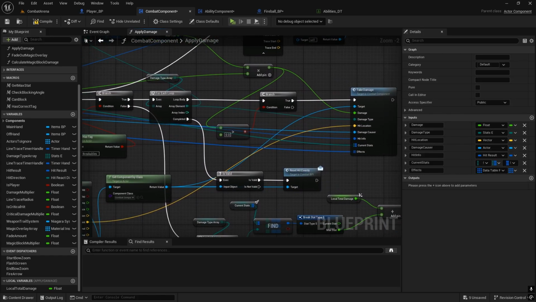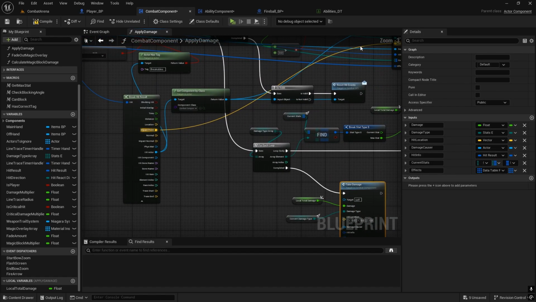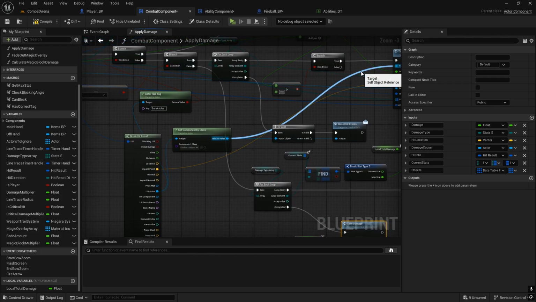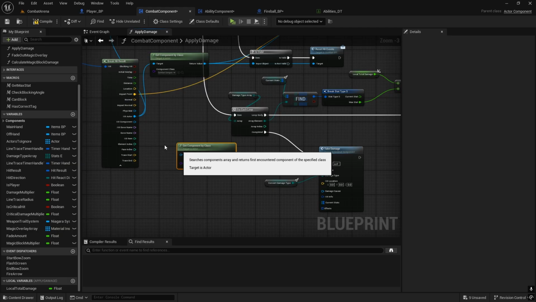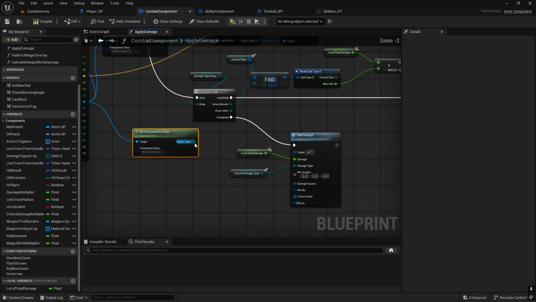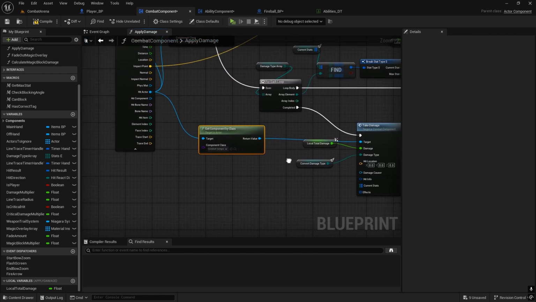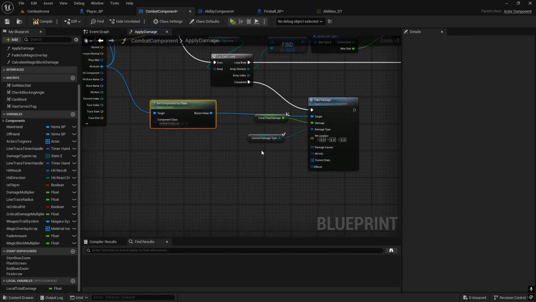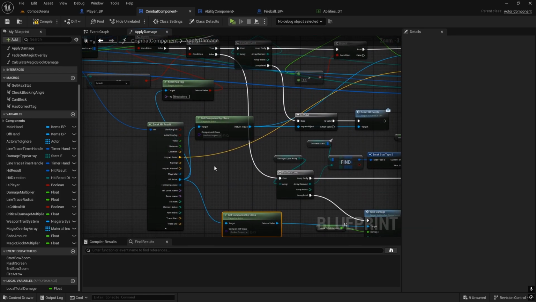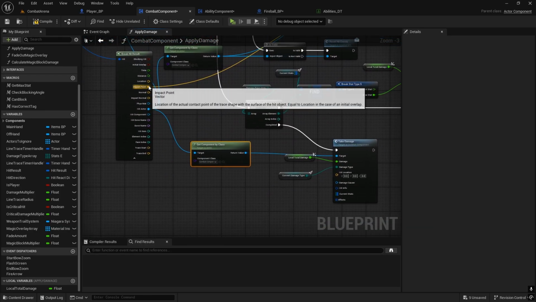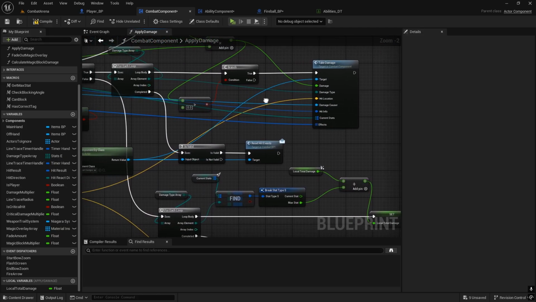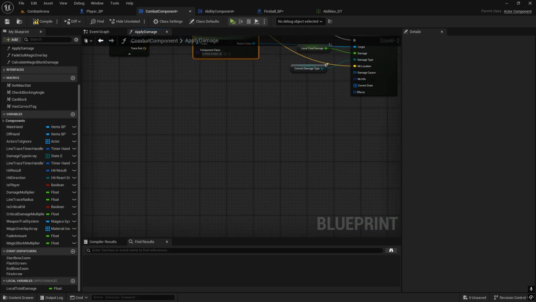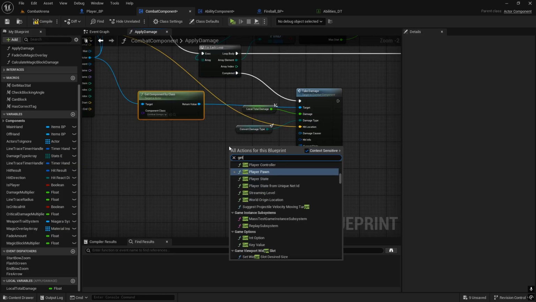For target, I'm going to check because I'm not sure. That's the enemy that we are actually hitting. Be very careful with this because we need to basically pass it on to the enemy that we have just hit to take damage. So that needs to be connected from the hit result. Then hit location, what we have, impact point connected on the top one, so we can just do the same one. Damage causer, again I'm going to check that is the damage causer from the function input,